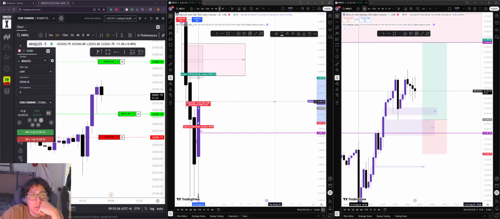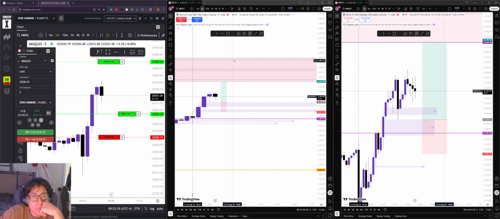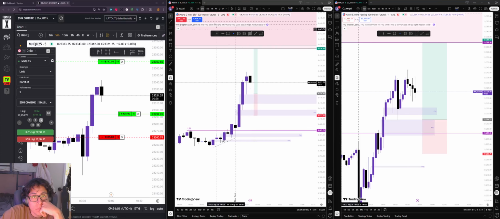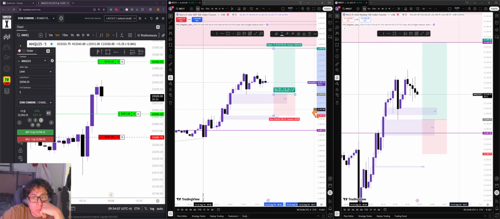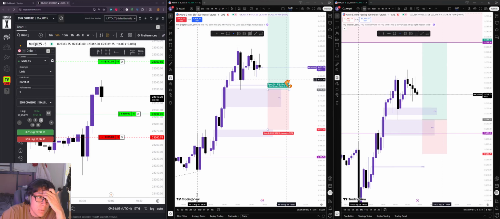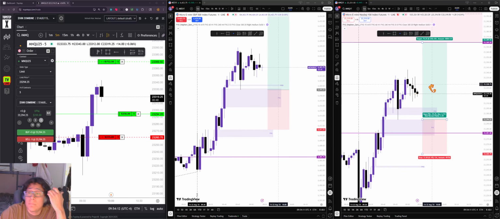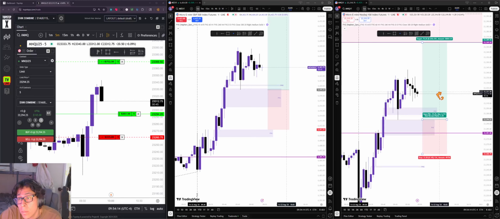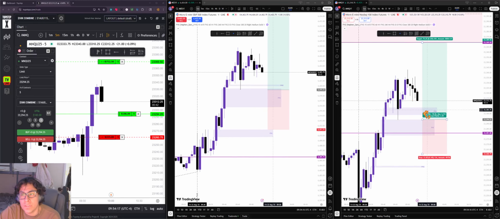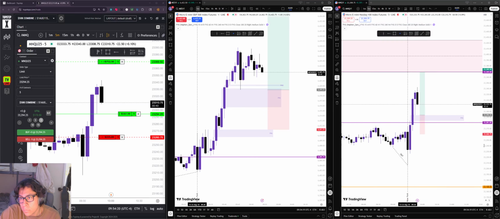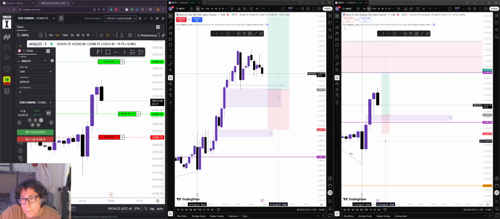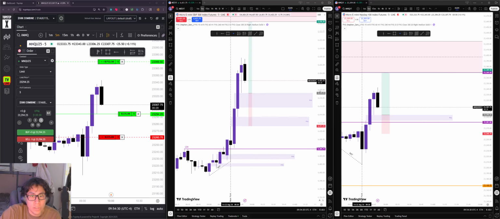The daily here. I think we want to dip into this level and shoot back up. Oh, we're probably going to dip into this 5 minute FEG right here that we created previously, respect it, and I think once again we want to push back up. I think similarly here, I want to be careful not to,